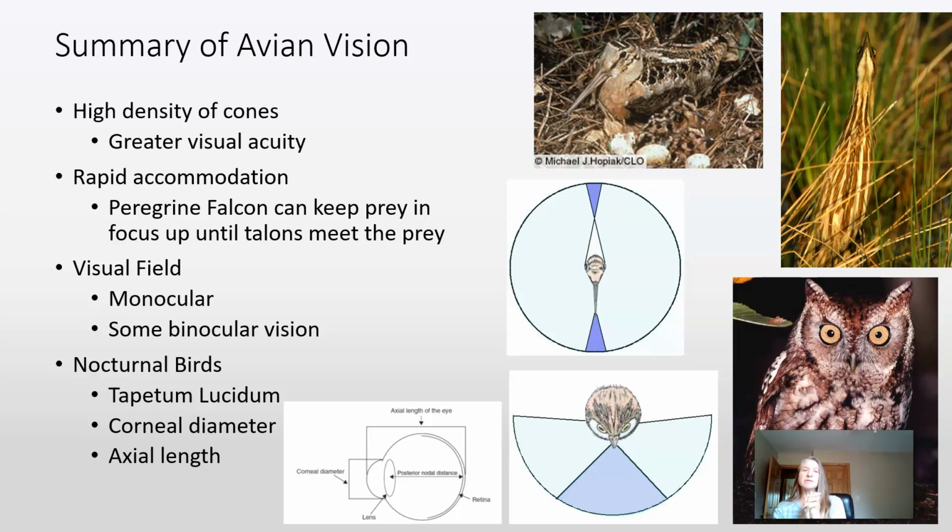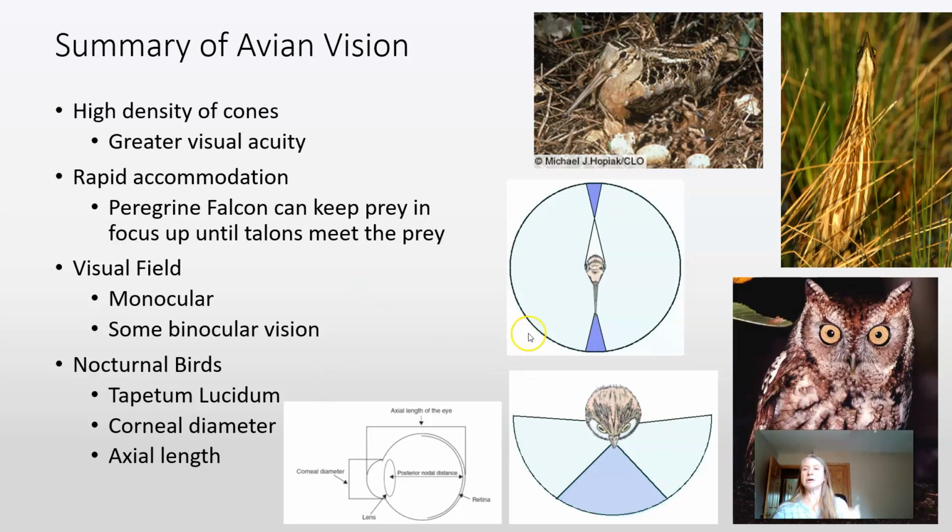We think about the visual field. So we do have binocular vision that allows us to have depth perception. But there's a trade-off between having binocular or monocular vision. If you have binocular vision, it's a very narrow range of vision that you have that in, so you have to move your head to be able to see different areas with binocular vision.